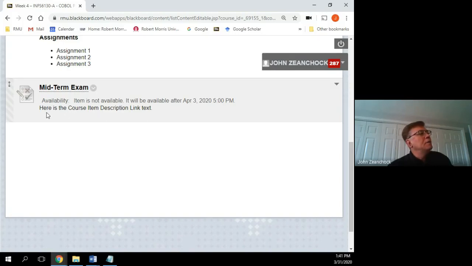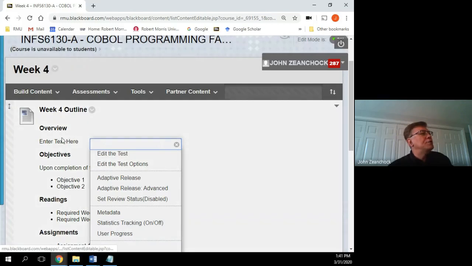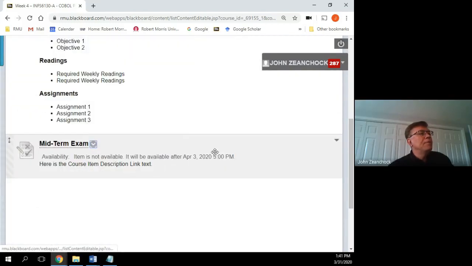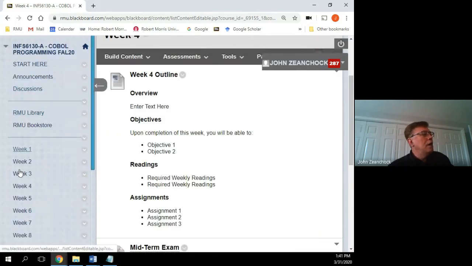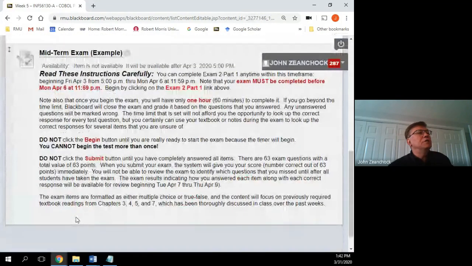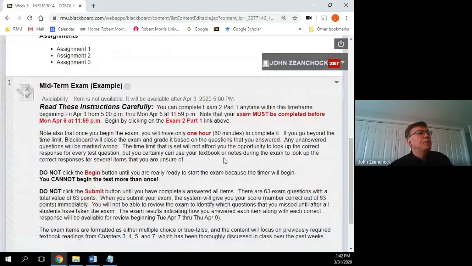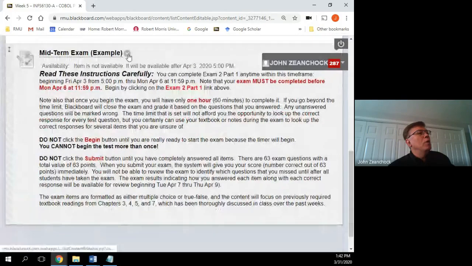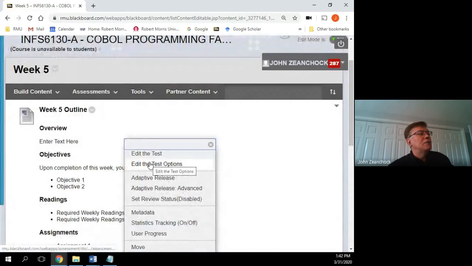And remember the dummy description we put in under options for the link. Here is the course item description link text, where you can simply go in here and say edit the test options, and that you can change that. Now what I'm going to do is show you, I have it in another place in this. Here is the actual instructions that I'm going to give for this midterm exam. In other words, when I go in here and click on edit the test options,